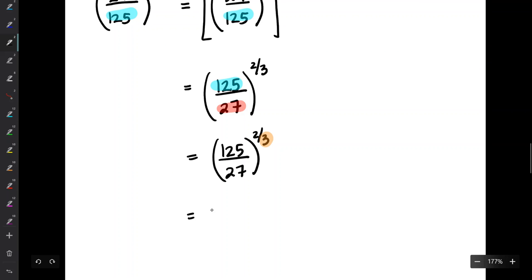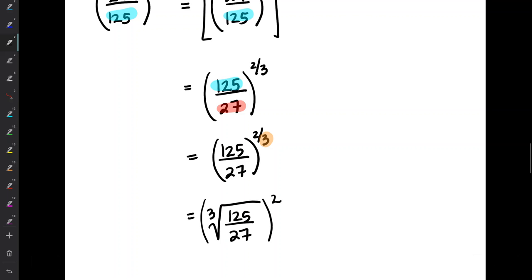So this is equal to the cube root of 125 over 27. And I have the option of squaring this and then cube rooting, or cube rooting and then squaring. The reason why I want to cube root first in this case is because 125 and 27 are both